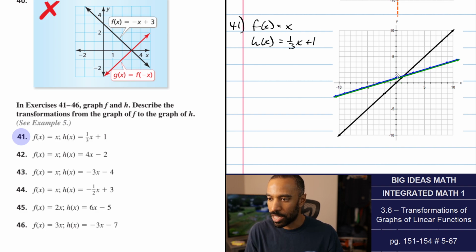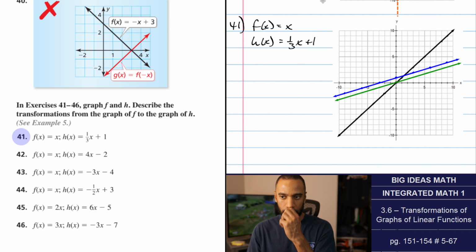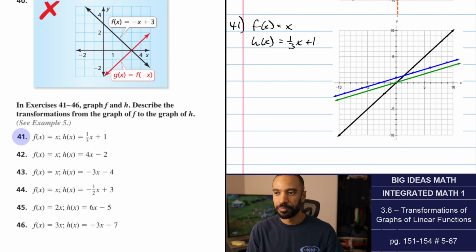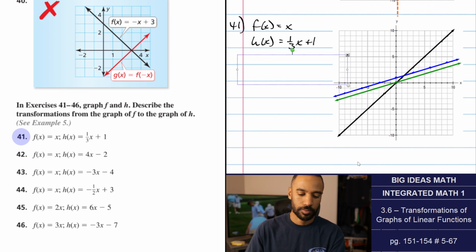And then you translate it 1 unit up. That's how this description is going to work here. Okay, I'm generally not going to do that one in green, but I wanted to make sure to emphasize that one. So the graph of h